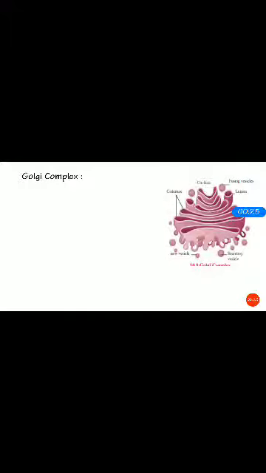So over here, as you can see, this Golgi complex has sac-like structures, isn't it? And what are these sac-like structures actually? You have the cis face and the trans face. These are the two faces actually, and there are cisternae, fusing vesicles, and lumen. Lumen is basically the structure, or you can say the